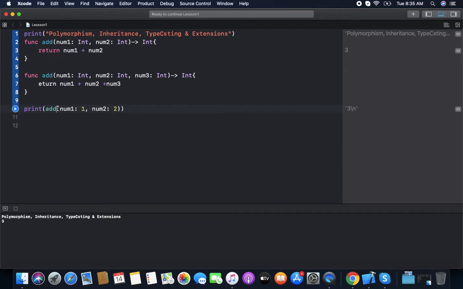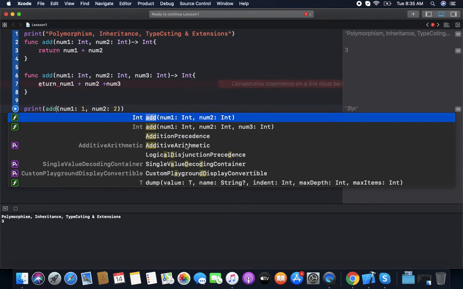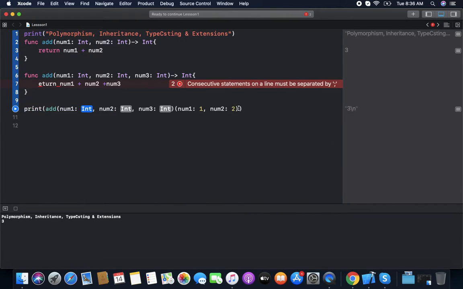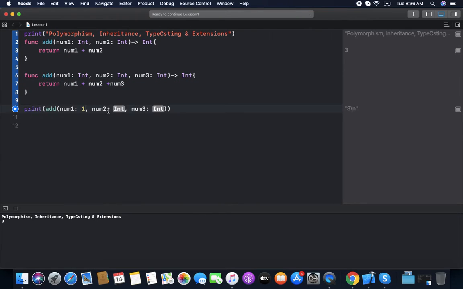Now when you call add, it will show two methods with the same name but different parameters. So call this with 1, 2, 1.